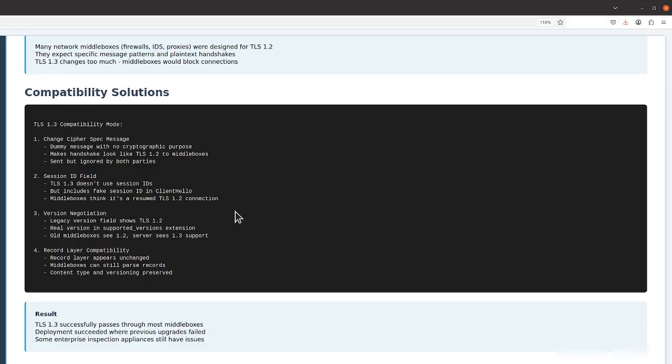The core problem is that middleboxes often perform deep packet inspection, examining the contents of TLS handshakes. They expect to see certain patterns that were true for TLS 1.2 but changed in TLS 1.3. For example, middleboxes might expect to see the server's certificate in plaintext, or might require specific handshake patterns. When TLS 1.3 encrypted more of the handshake and changed message ordering, some middleboxes would treat this as suspicious and